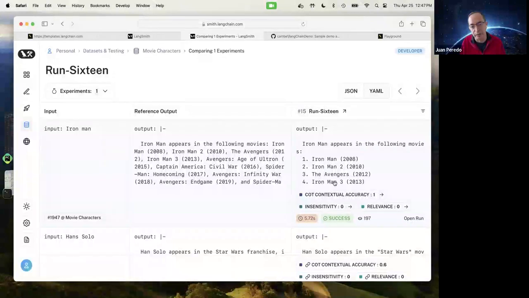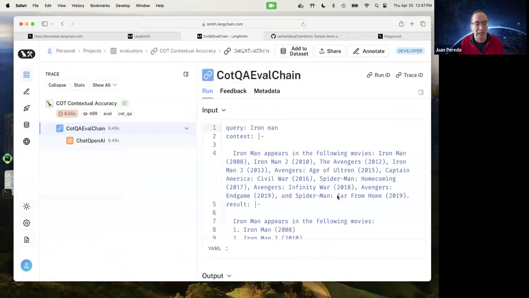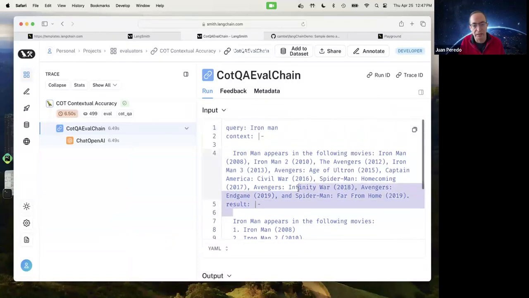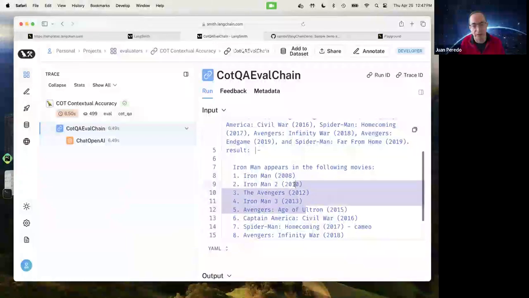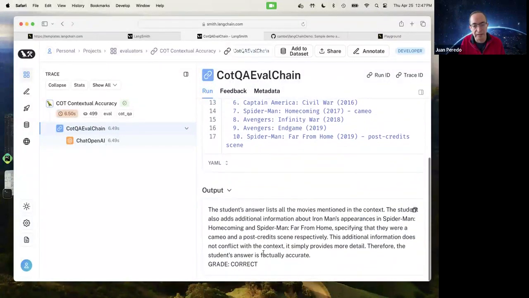And it will evaluate that against a number of measures. For example, this is contextual accuracy. In this particular case, this is the original answer, this is the answer from this particular run. And it believes, from those 2 runs, that this was a correct